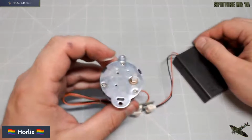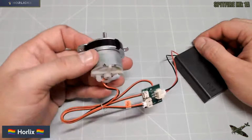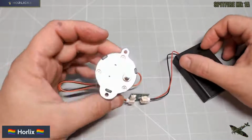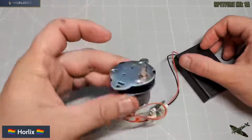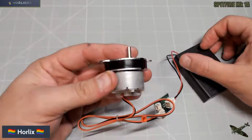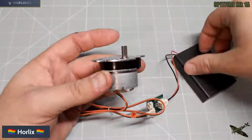Okay. So yeah, it's working. Look at that. Super. It's got a reduction gearbox in there. Oh, that's giving me such an idea. It's actually got a lot of torque as well. So yeah, this would be ideal for one of your...